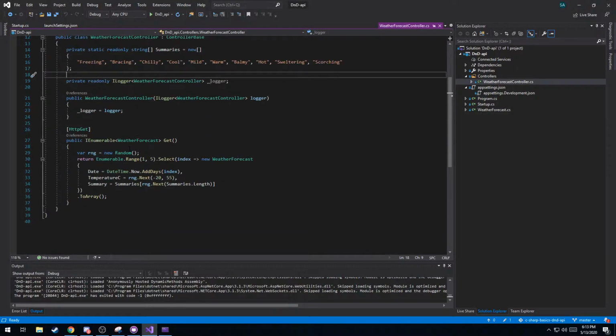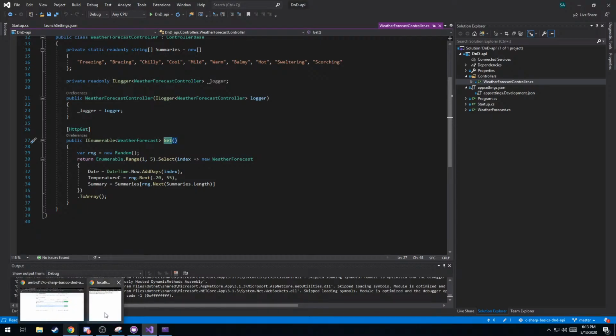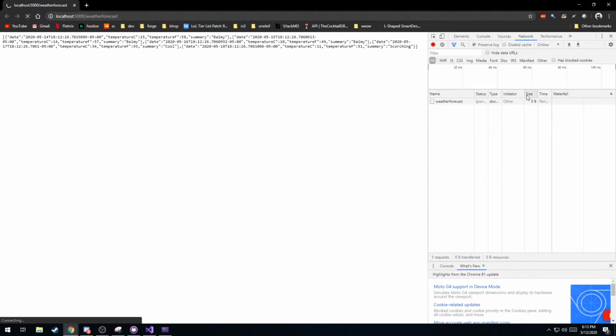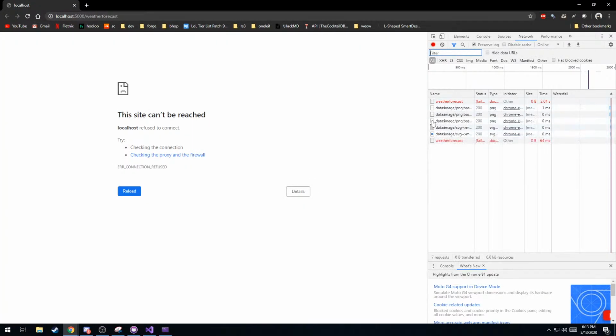So you can see, when you do a GET request, we looked at those in Postman either last stream or the one before. A GET request, if you hit it from a browser, is going to be doing a GET request. You can use Control-Shift-I to open up the developer console, and if you refresh the page, you can see under the network tab,